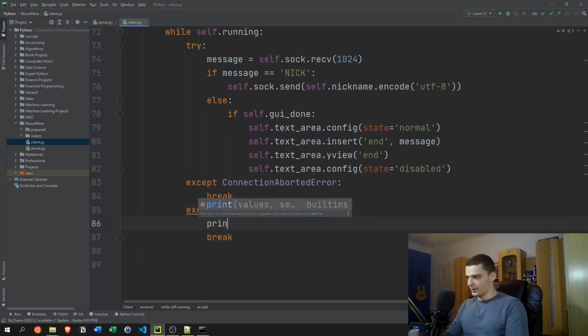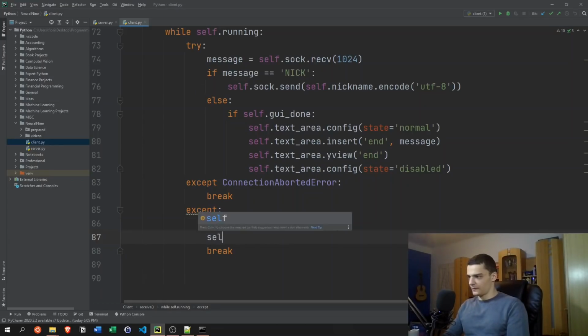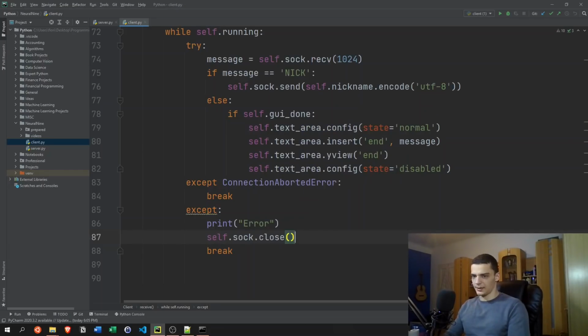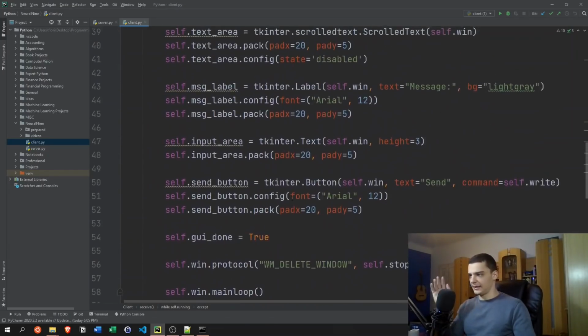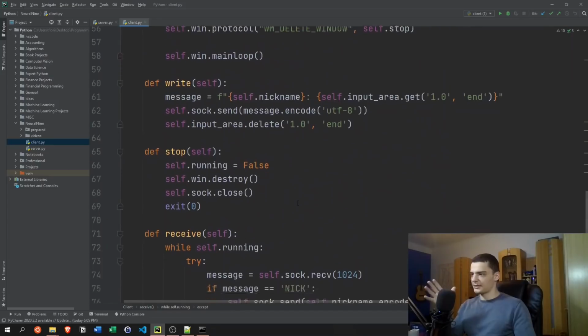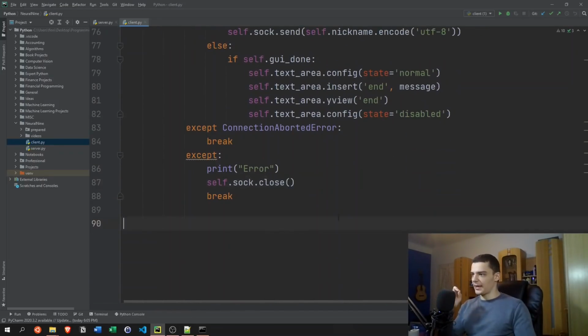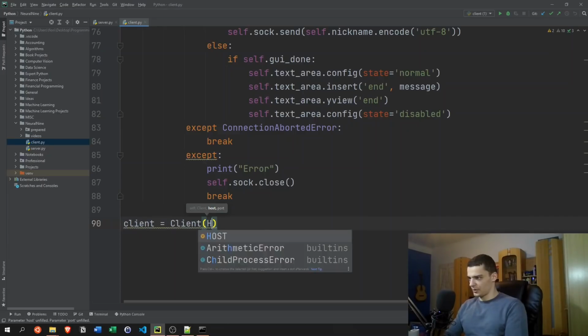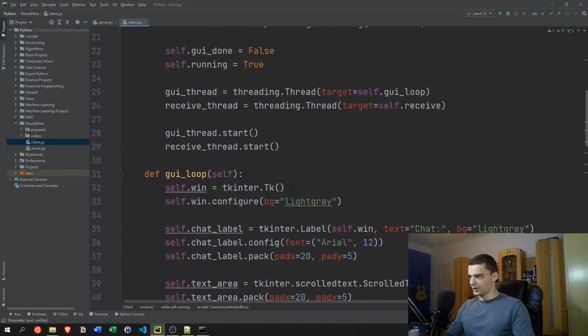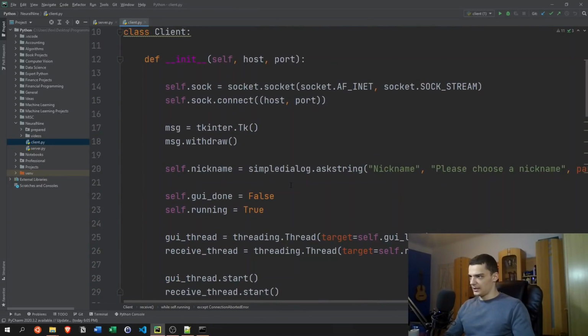And maybe you want to print an error message here, just a very generic error message. And then we're going to say self.sock.close, like that. Now, theoretically, you could go ahead and say, okay, self.running = False and all that. But yeah, this is the basic receive method here. Now we can actually go ahead and try this. So we can say client equals client connecting to, let's say, host and port. But since we don't have a server running yet, let's just comment out the individual, or actually let's go ahead